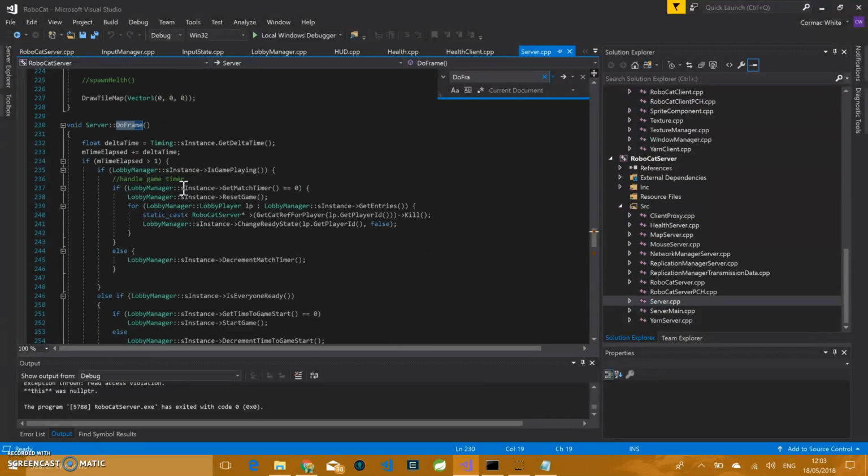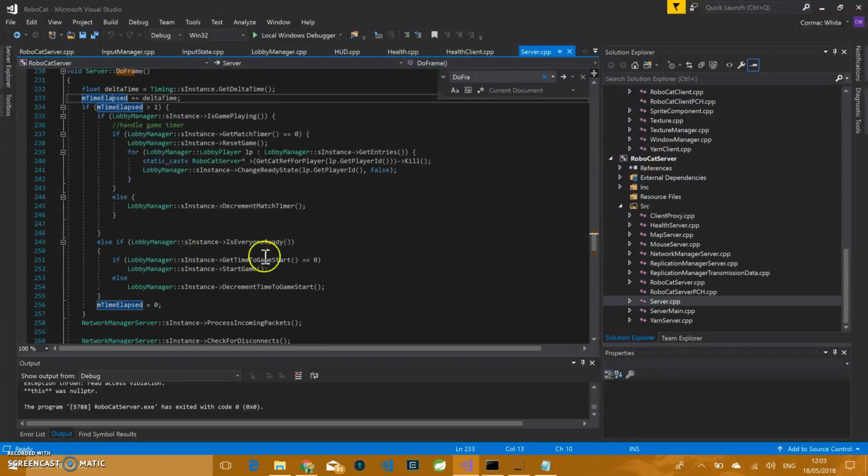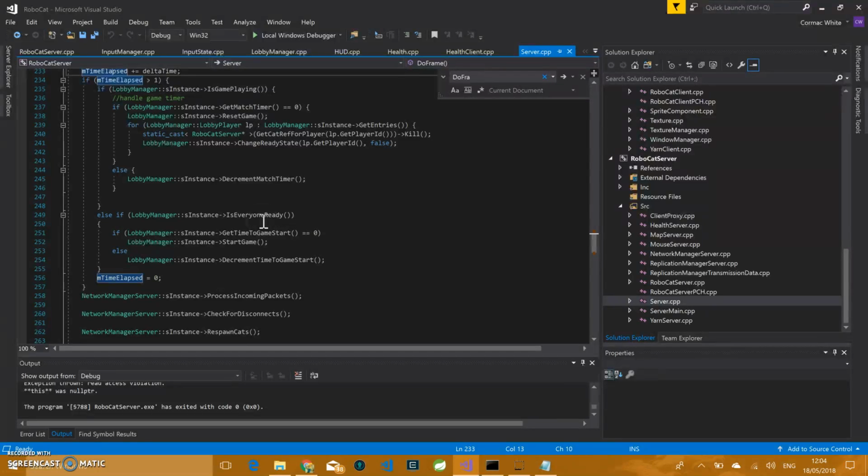So the time elapsed increases, and if the time elapsed hits 1, which is 1 second, it checks the state. If the game is currently playing, it will check if the game timer is at 0. If the game timer is at 0, it'll reset the game. This is all happening in the lobby manager, and with the reset inside the reset function, we will also